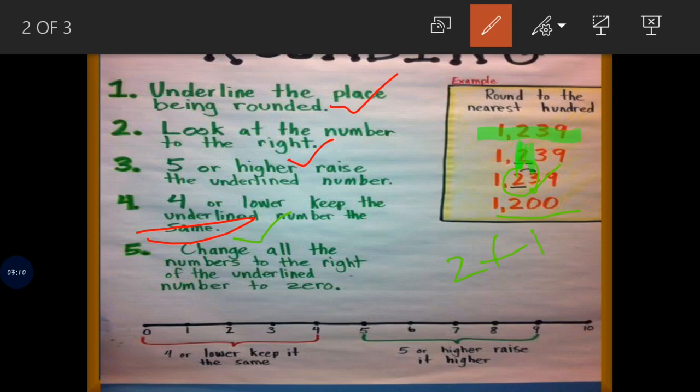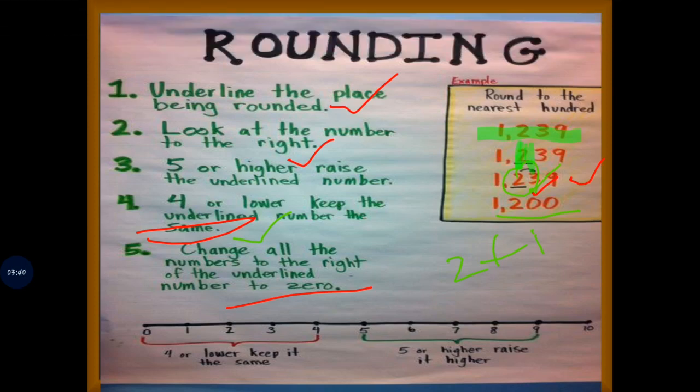After writing this, you have to change all the remaining numbers to 0. You have to change all the numbers to the right of the underlined number. Right of the underlined number in the sense this 9 and 3. These 2 digits are there, that you have to change into zeros. Whatever digits, however many digits are there, you have to change into 0. So like this you have to round off the number. These are the 4 rules which you have to follow whenever you are doing the rounding off process.